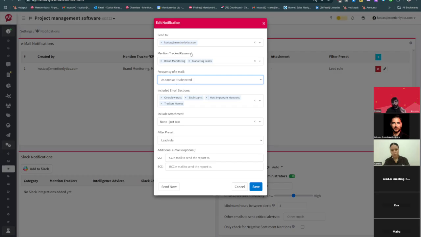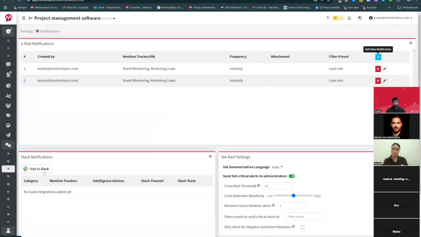So as soon as detected, we're going to receive an email with a snippet of what came up and say, okay, go look at your account. This particular lead popped up. And of course, you can also integrate it with Slack. I know a lot of people are using Slack. So you can also receive a Slack notification. So both ways to go about it, really. Either receive an email or a Slack, but it's very important to put the frequency here as instantly. So the moment somebody pops up with this phrase, you will receive a notification and you will be able to engage the moment it happens. So super question, great question.